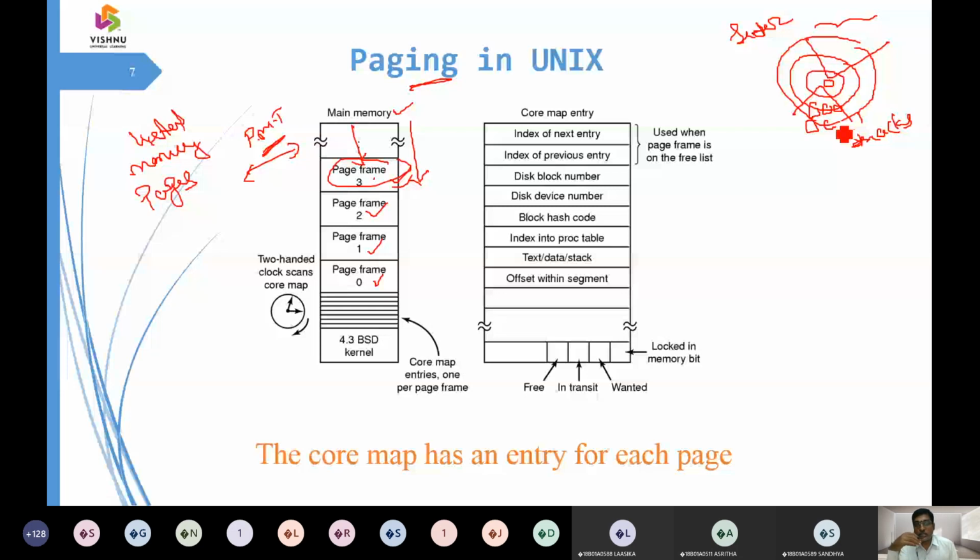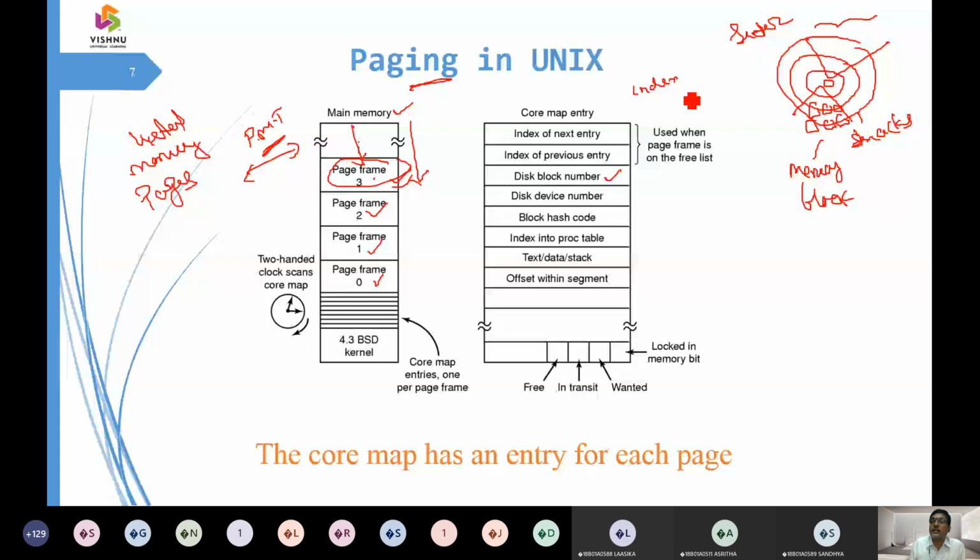So how is memory organized? Memory is organized in tracks and in sectors. What is the content of a track? They are made up of disk blocks. A disk block is identified with a number, and that number we call the disk block number. Similarly, we need to have some index here. So what is an index here?